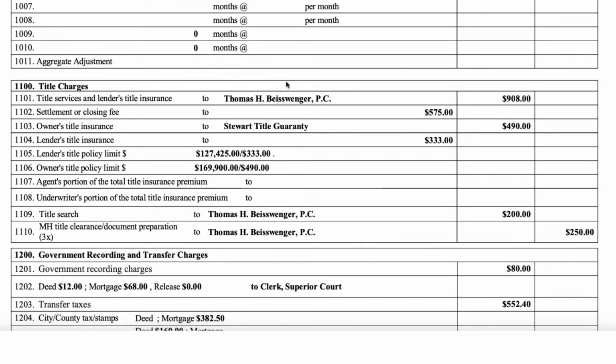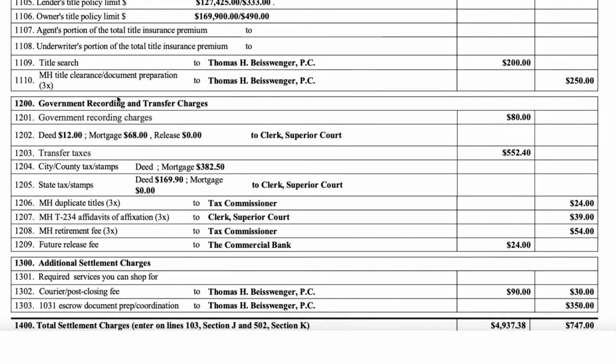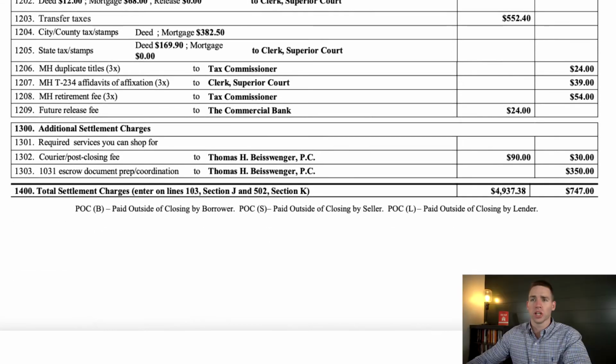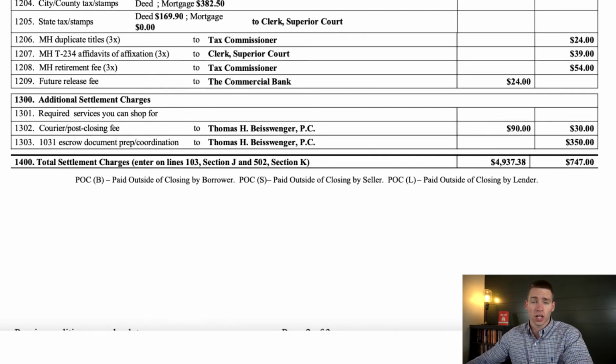Then we can go through and start looking at title charges. So title services and lender's title insurance, $908 here. Settlement or closing fees, $575. Owner's title insurance, $490. Lender's title policy, $333. And then we have $200 for title insurance. We have some other fees that were charged to the seller, and then we have some government recording charges, which is just making sure everything's up to date in the government's books. We've got to pay them to process that. Transfer taxes that the government charges us,